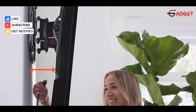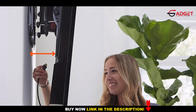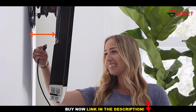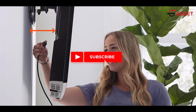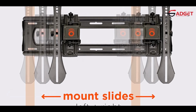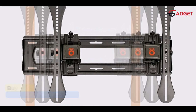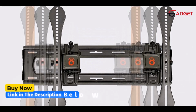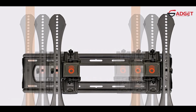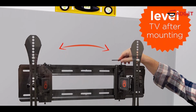The mount can extend slightly to offer easier cable access and post-install leveling, which is essential when dealing with irregular or uneven stone surfaces. ECHOGEAR includes a premium hardware kit with multiple spacers and screws to accommodate virtually any brand of TV, including LG, Samsung, Vizio, and TCL. The silver gunmetal finish adds a stylish touch to the back of your display, an often overlooked area that still deserves attention. A 3-step installation process and a wall drilling template make setup a manageable DIY project even when working